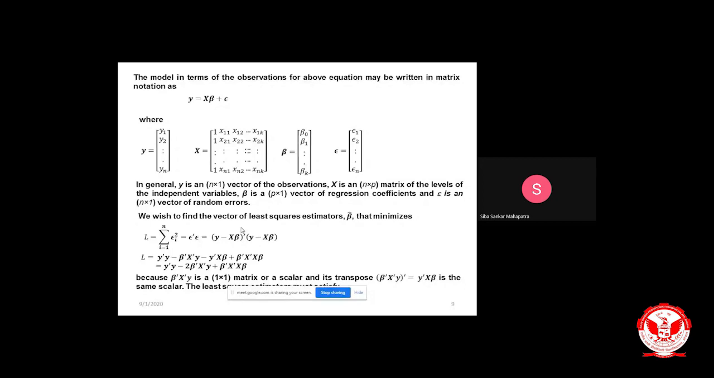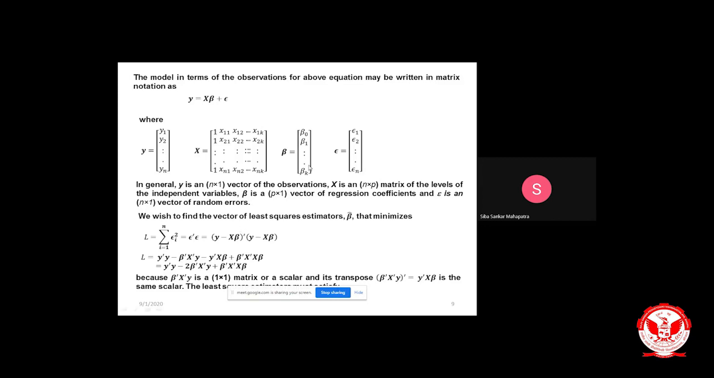number of variables, a number of independent variables that you are having. Then beta is nothing but a vector of coefficients beta 0 up to beta k, and epsilon is the error